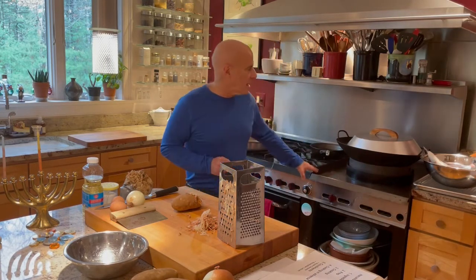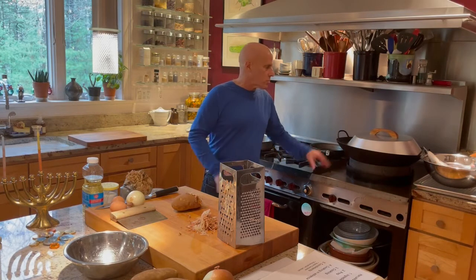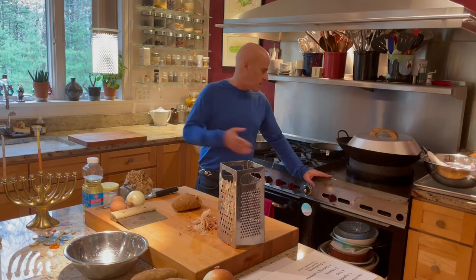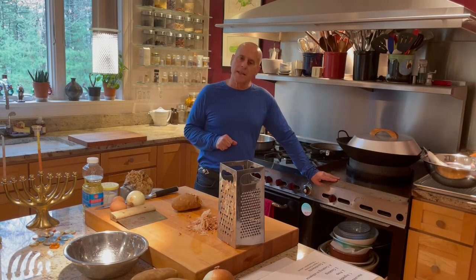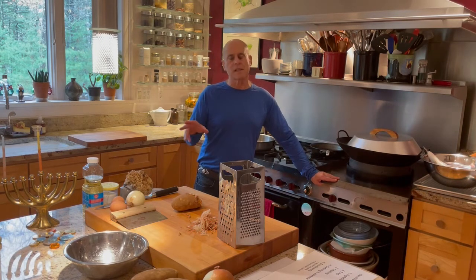As you can see here, this is a restaurant range with a wok unit. I've been cooking Chinese food for many years. This range dates back to '85. Chinese was my first love, but I've also gotten into Mexican, Moroccan, European cuisines of French, Italian, and Spanish, and Indian also. Today we're going to talk a little bit about Jewish food, and the Jewish holidays are an opportunity